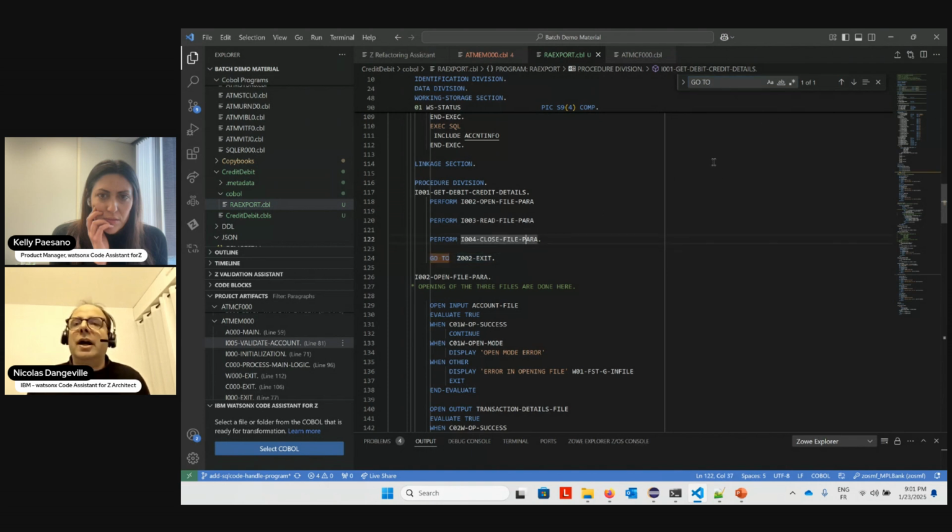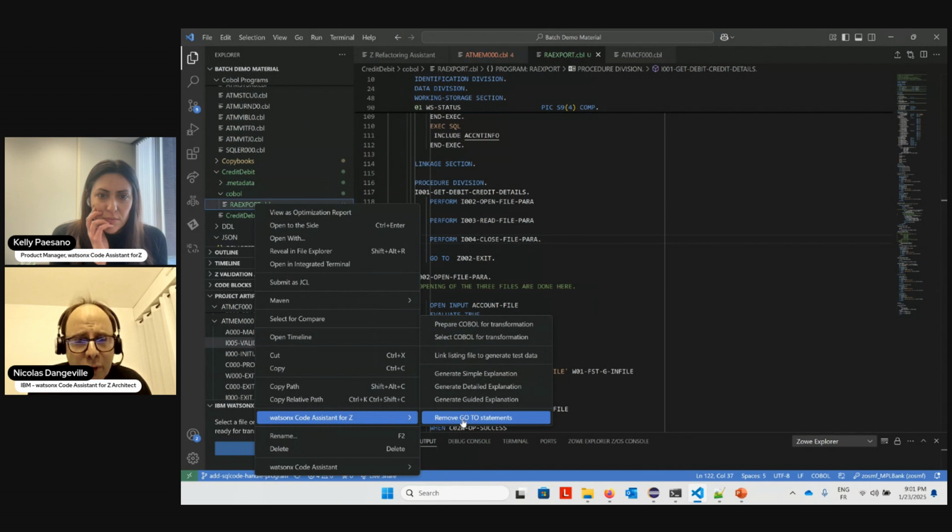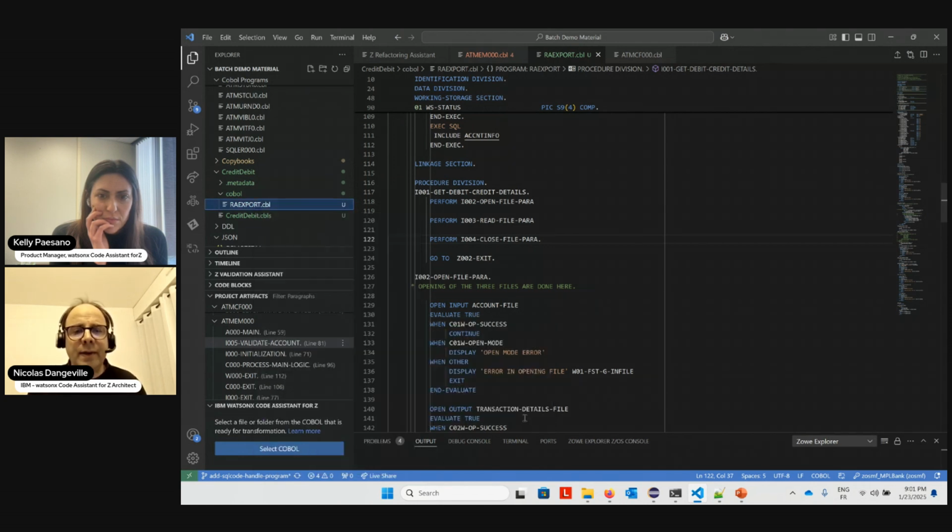And I've done that for the purpose of showing you that in our refactoring capabilities, actually, let me trigger it. We've got a tool which purpose is to remove the GoTo. Let's launch it and let's talk about it.